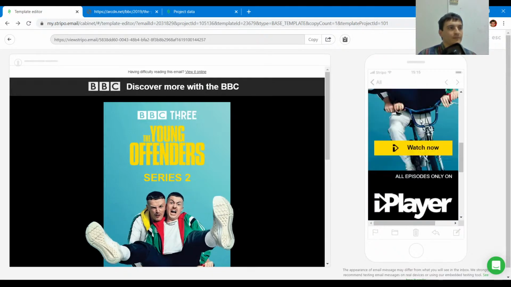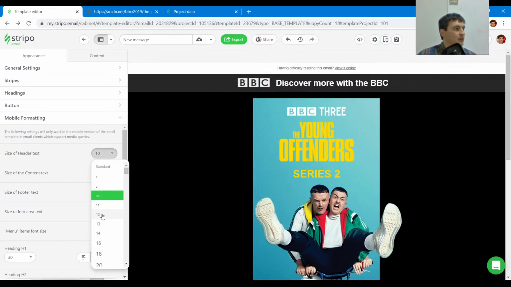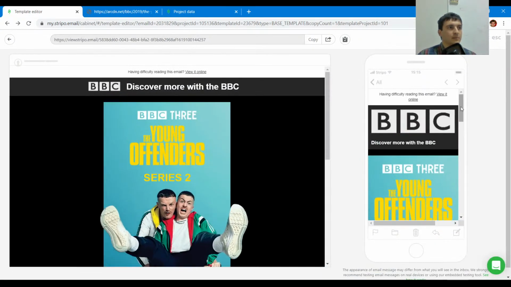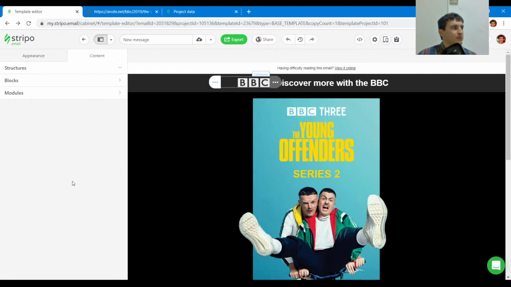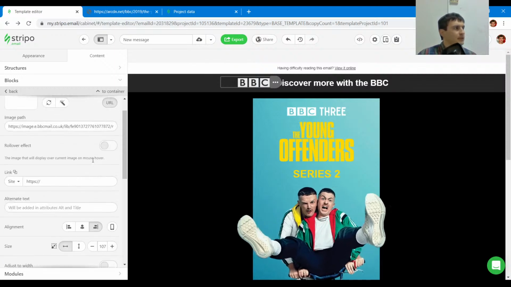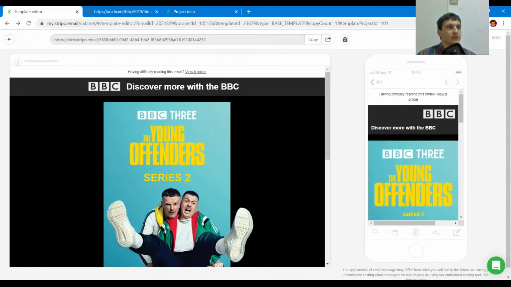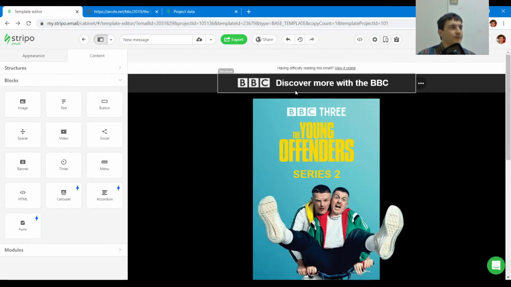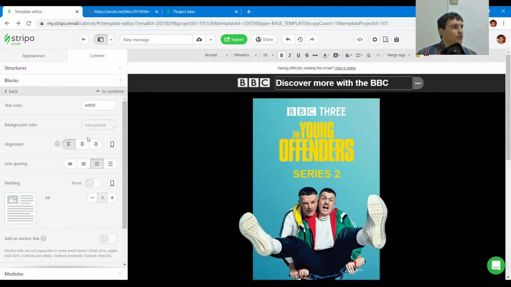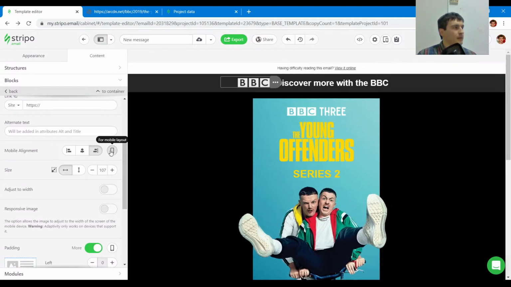Okay, now we have a smaller footer, so let's try to reduce the size a bit and double check. Okay, it seems like the BBC image is too big, so we can turn off the responsive image, and since the image is not too big, it won't be stretched across the whole screen. And here we have 2 options. We can align the text and image by center